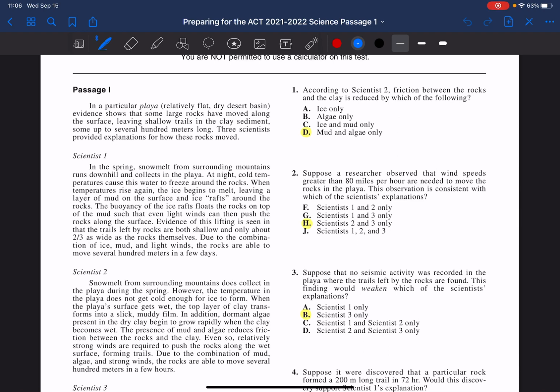This is preparing for the ACT 2021-2022, Passage 1 of the Science section. If you have a particular problem you want to go to, you can just click right through the chapters to